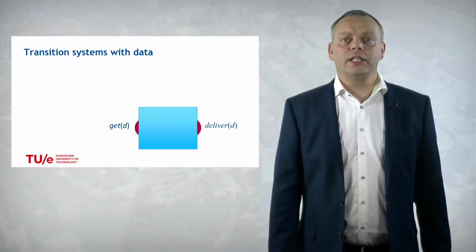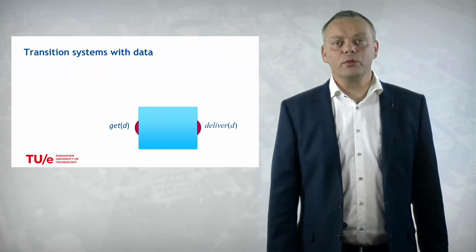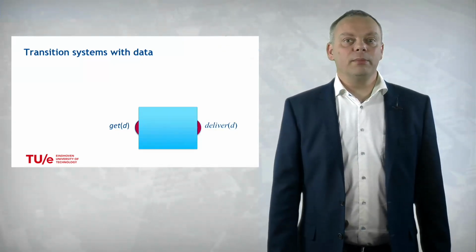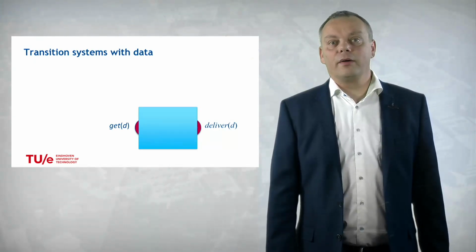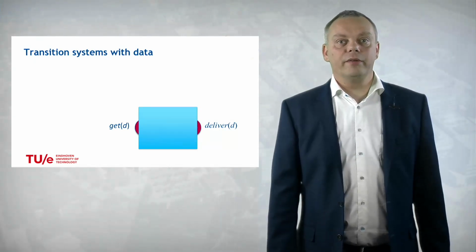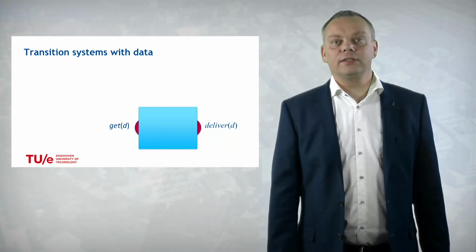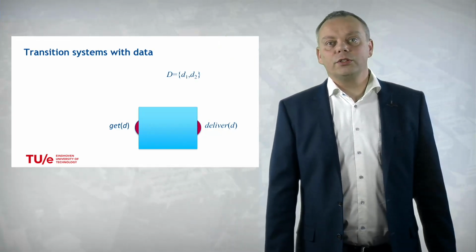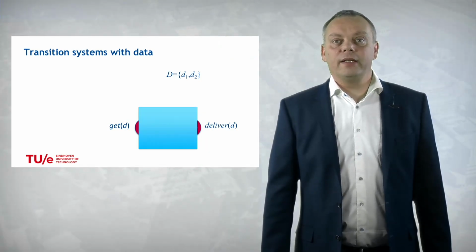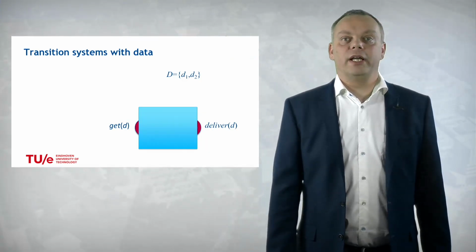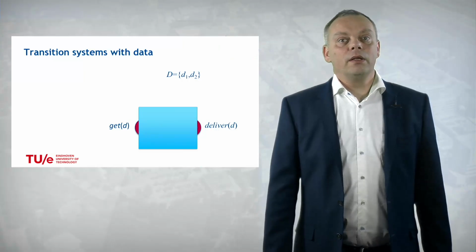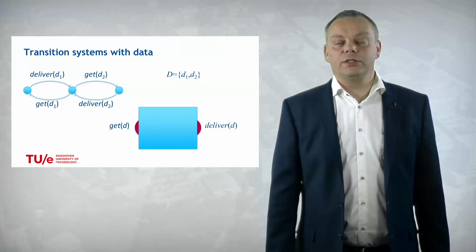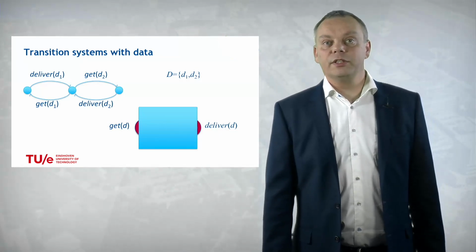And that is an extension that we have already seen with the alternating bit protocol. So the idea is that with every action, we can simply tag a datum after it between brackets. So here we see get(D), and that means we get a particular datum of a particular sort. So if the data is finite, and the data consists of datum 1 and datum 2, then we can draw the transition system, and typically a potential transition system that could describe the behavior of this system could be this one,